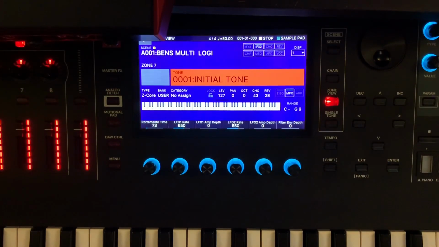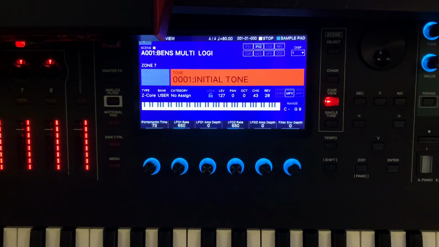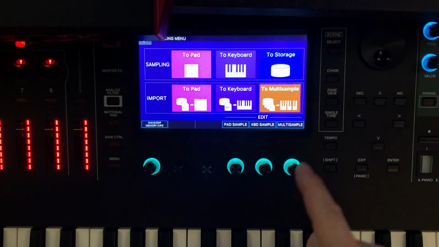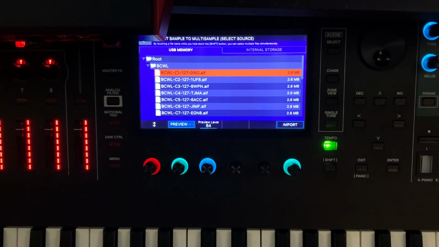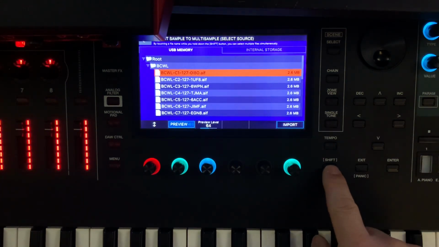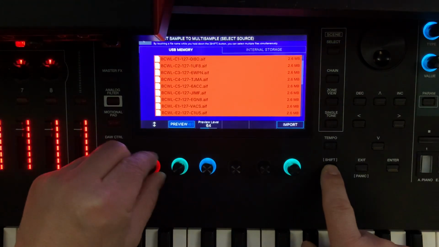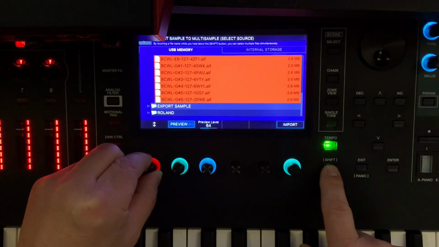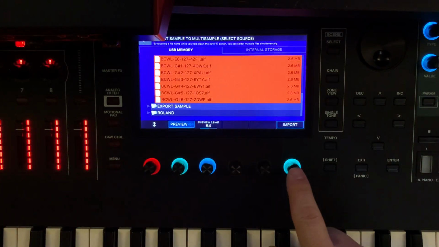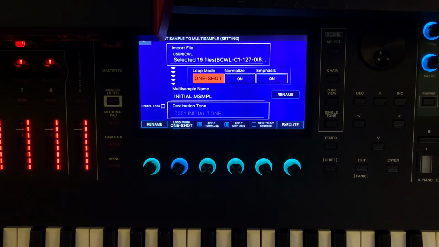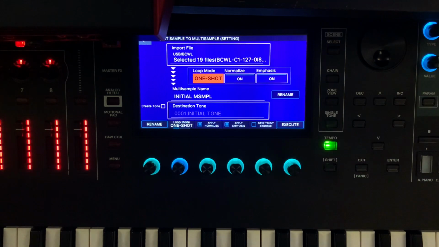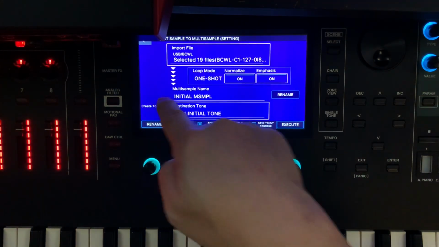Okay, now I've got the samples loaded on my flash drive, plugged in the back of the Phantom, and I just hit the far right, hit the sample button, and I want to do an import to multi-sample. Go in the folder and hit Shift and select the samples that you want to import while holding Shift. And there they are. They're going to be in alphabetical order, and so I'm going to import them, and I'm going to use one shot. I'll keep emphasis on, and then create a tone,